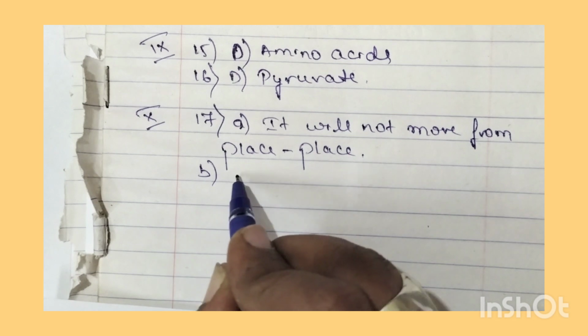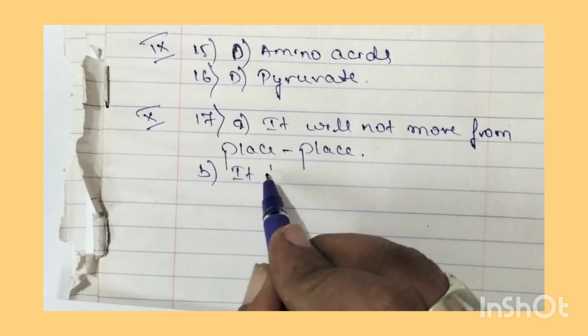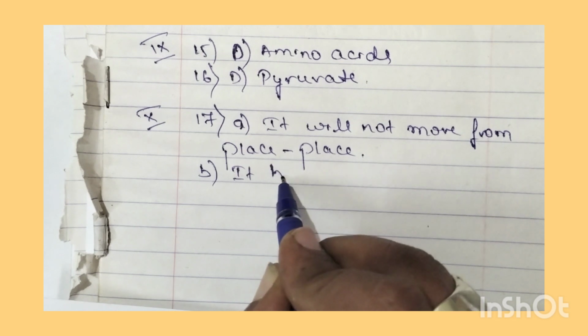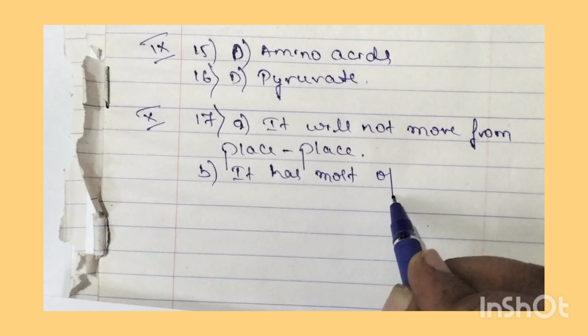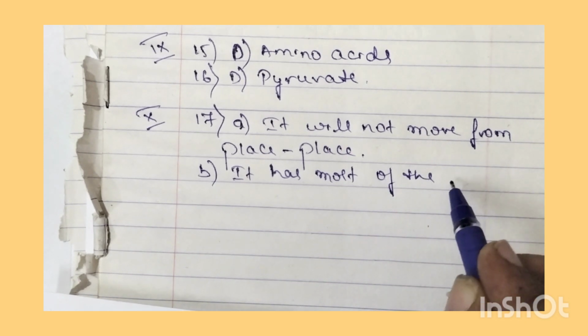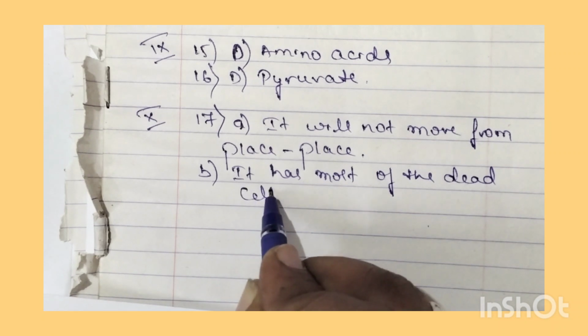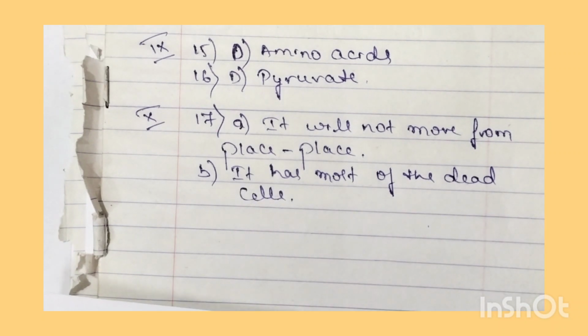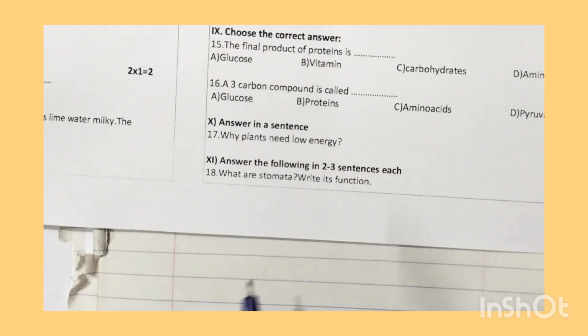And the second reason is it has mostly dead cells. Since it has most of the dead cells, it needs low energy. Now let us move to the next question, that is